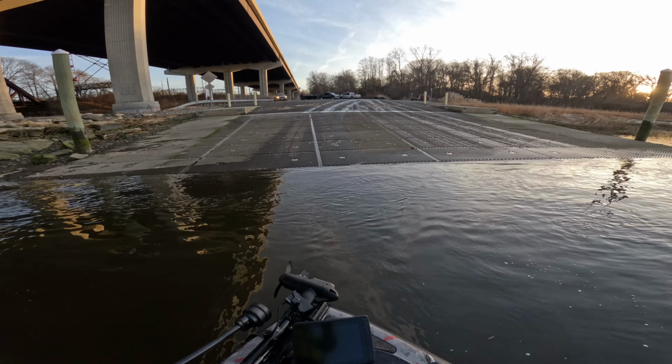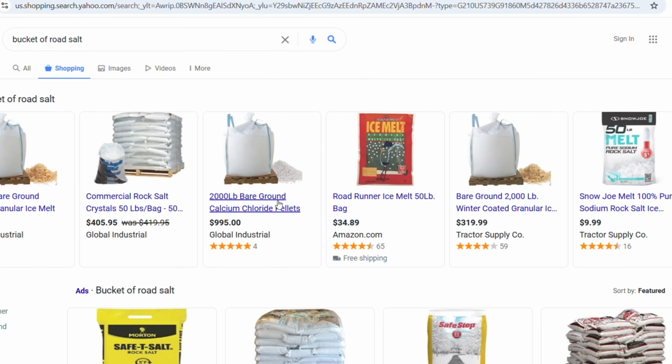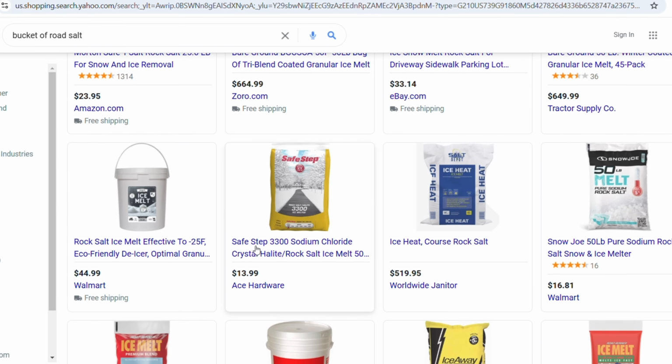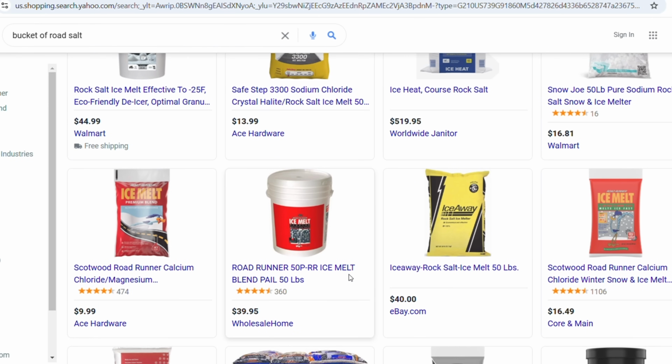But before I back down, the first thing you want to do is make sure that the ramp has no ice on it. So do a preemptive walkthrough down the ramp to make sure everything is okay. And if it's not okay, make sure you have a jug of salt with you to sprinkle on the ramp. Because what I try to do in the wintertime is I try to be the first guy there. Because if I back down first, that means nobody else has pulled any water out to let it freeze